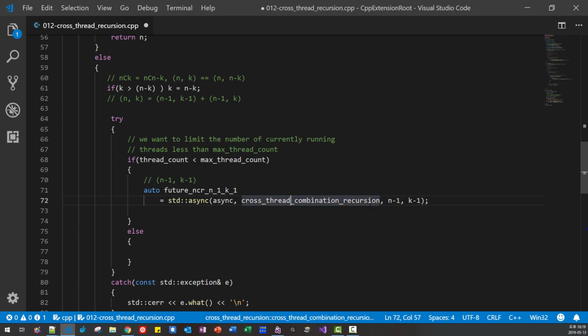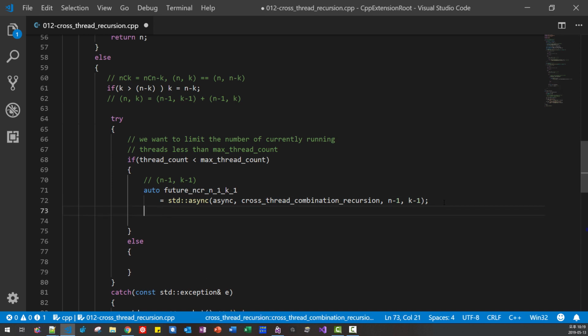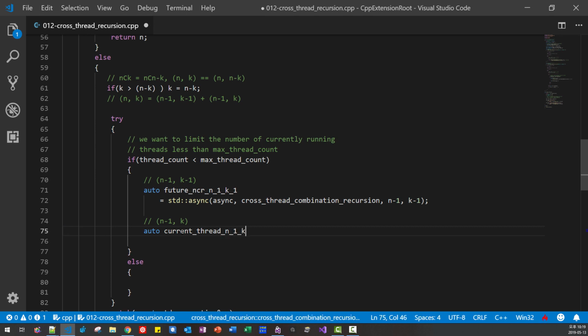Wow, it is running like this. Why the squiggle? Okay, it's working. Now the thread is running at this point. Although we are now creating this part, I copied it. This part amounts to the current thread, n-1, k.